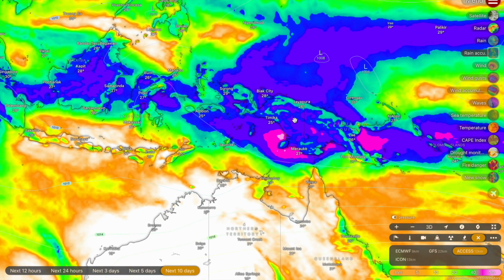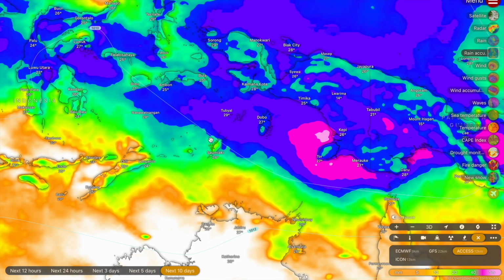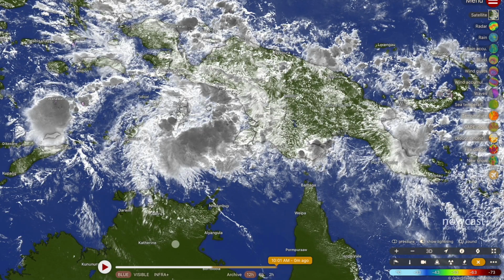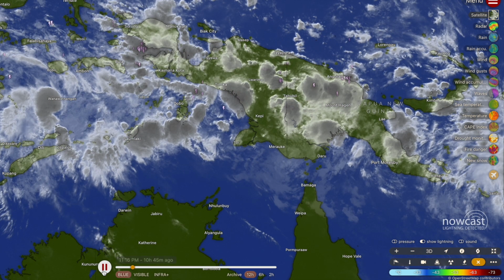We're really pushing our time in this video update, but we're going to now take a look at the developing tropical low in the Arafura Sea. I've been talking about this system for probably 15 days at this point, but we're now starting to see some rumbles of activity. I'm going to play through the 12-hour satellite loop right now, and you can see there's an